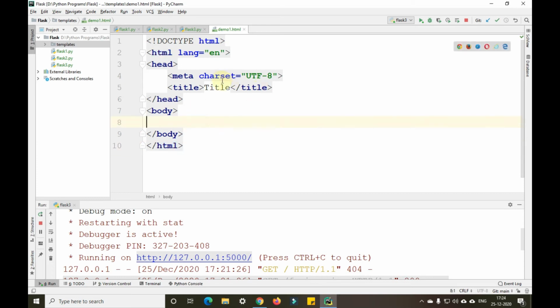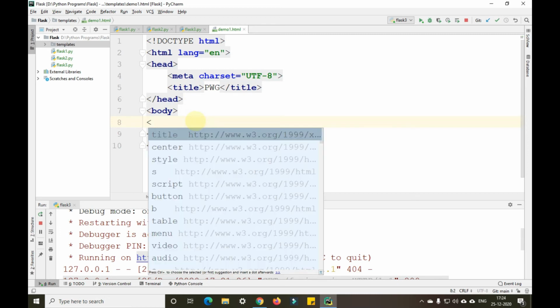In the body, we'll give the title as pwg there. In this body, I'll give h2 tags here.